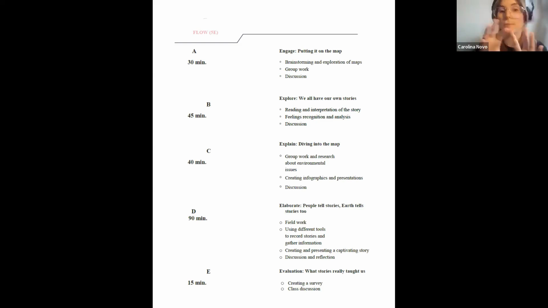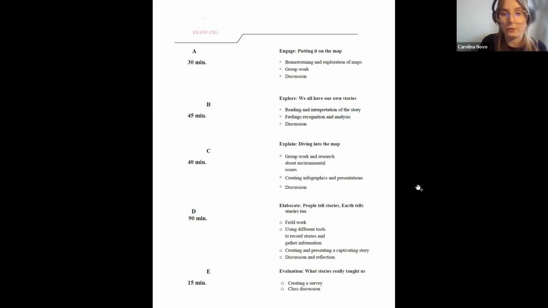So some parts will be more focused on the environment. Then we go to another part which is more related to storytelling and so on. So we will see that they are not always talking about the environment directly, but it's always everything connected, and we try to incorporate everything to make a balanced module.